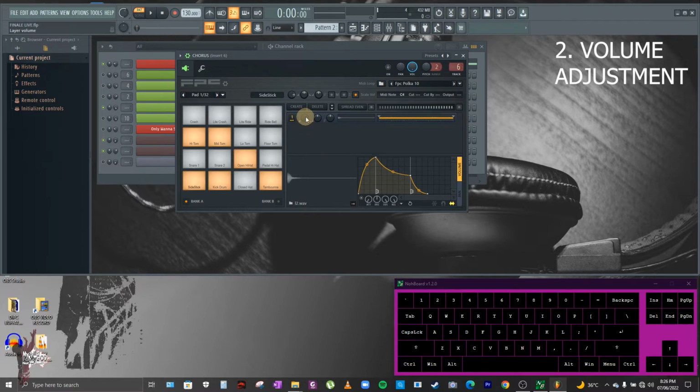So the volume is in here, okay, and also this one. There are two volumes here. It depends on you which one you are going to use. For example, this volume is not enough, then you can also use this one. So these two volumes will only affect this specific pad. Then if you click another pad, now this is a different volume adjustment, which is only specific for this pad.